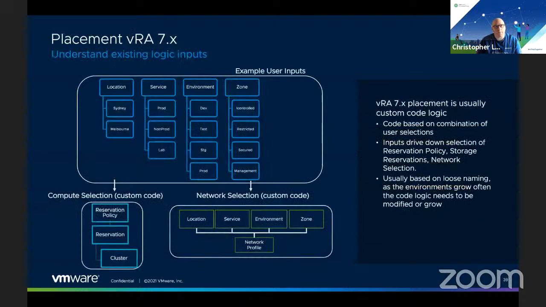There are different sort of placement logic rules, if you like. So in 7 we had location. If you enabled it, you have a service, you have an entitlement, you have environment, you have zones, and you could do all that sort of example user inputs. And that may be custom code, maybe custom code for network selection and so on and so forth. But in 8, the way we do things again is tags, and that's really what drives our provisioning engine